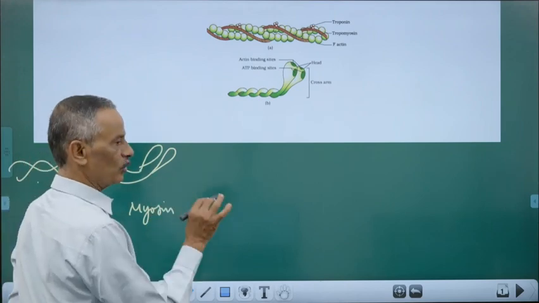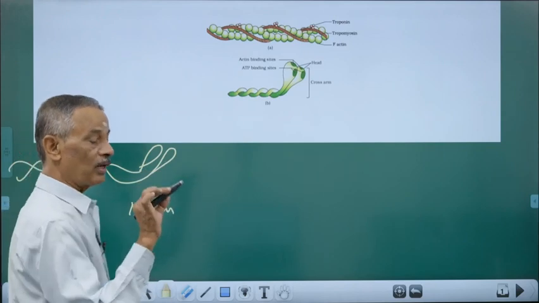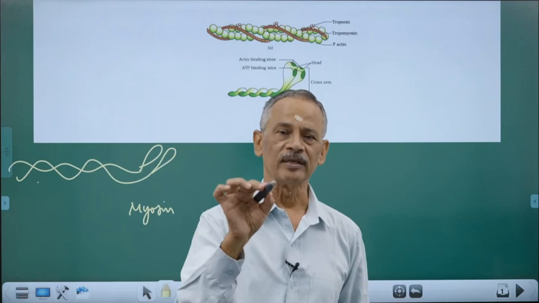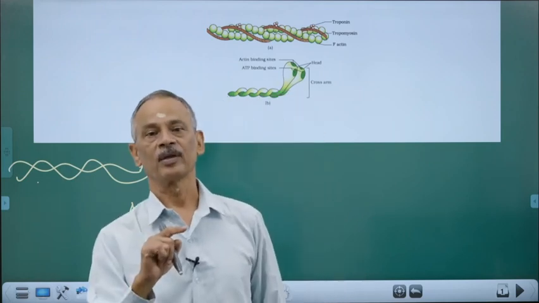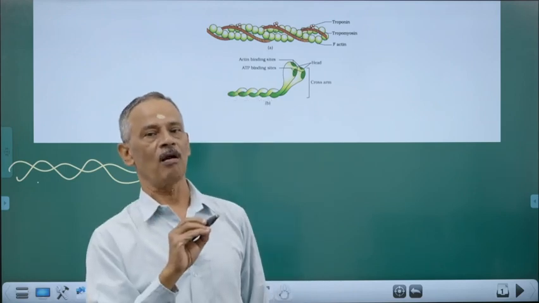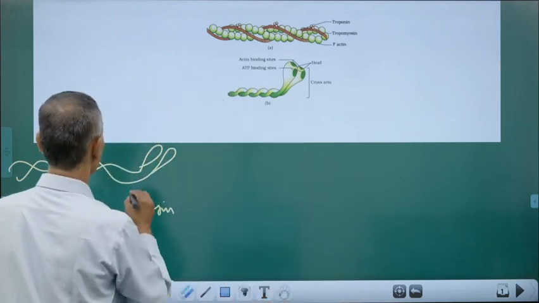And we know that each myosin filament is made up of a large number of meromyosins. Mero means unit, a small unit. Myosin is a polymerized structure, and that unit by which it is made up of is called meromyosin. That meromyosin is having